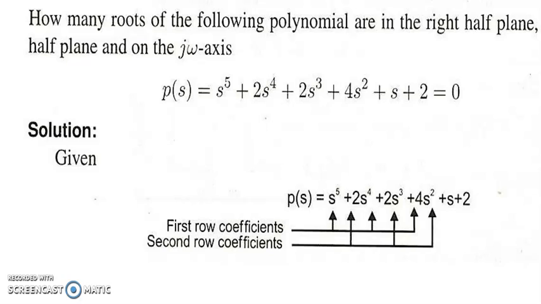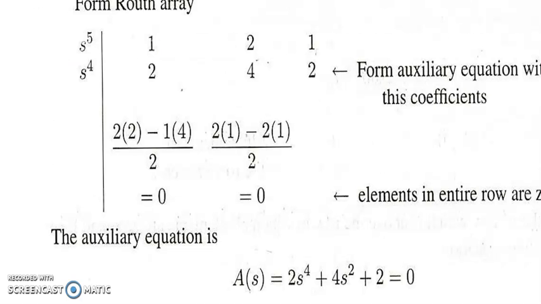Take the next one. P(s) is equal to s5 plus 2s4 plus 2s cube plus 4s square plus s plus 2. Here again you find the first row coefficients and the second row coefficients, and then you form the Routh array. Here you will find that 1, 2 and 1 is in the first row, 2, 4, 2 is the second row. The moment you calculate 2 into 2 minus 4 into 1 by 2, you will find that the entire row becoming 0. So you take the auxiliary equation 2s4 plus 4s square plus 2 is equal to 0,